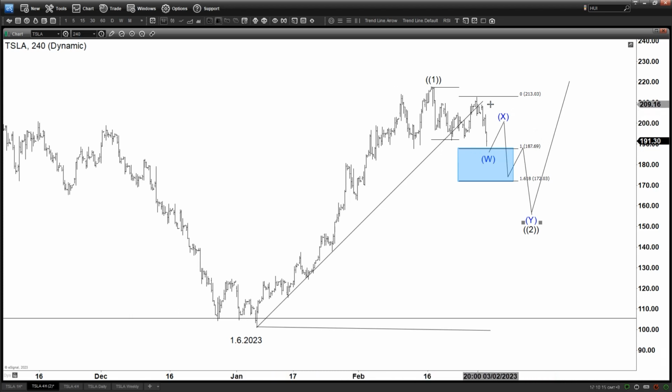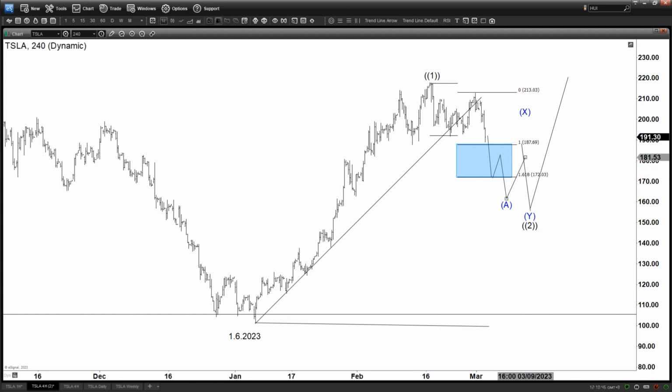And finally, the third possibility here is that the pullback actually is in the form of 5 waves. So in that kind of scenario, you will get something like this. So you will have this is your wave 1, wave 2, and then you got a wave 3, and then you got a wave 4 and a 5, right? So you have 5 waves down, and that will be ending A. And then it's going to be a deep pullback if that's the case. So you're going to have 5 waves down, ending A, and then you got a B,